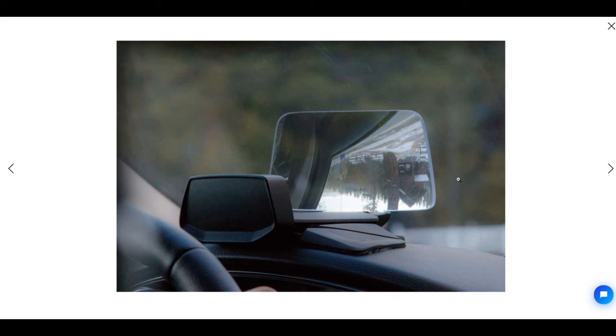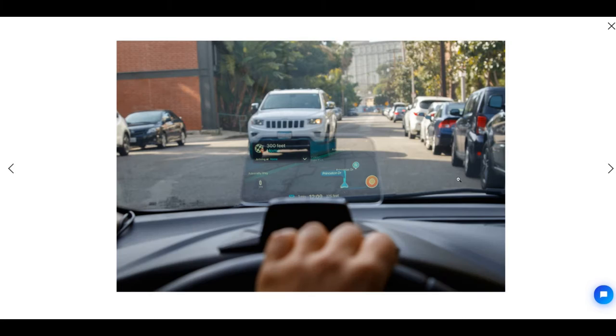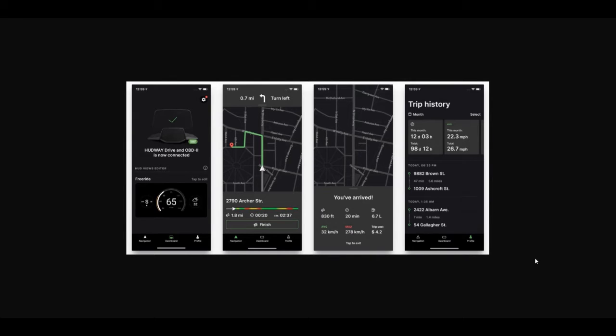Like the HUDWAY Glass, the HUDWAY Drive consists of a base and an optical see-through display and also contains its own projector. Where does the HUDWAY Drive get its information from? You can connect your phone to the device using Bluetooth and then download an app called HUDWAY Drive, which you can find on the Play Store. The HUDWAY Drive uses the information from this app via the Bluetooth connection to display the information necessary to the